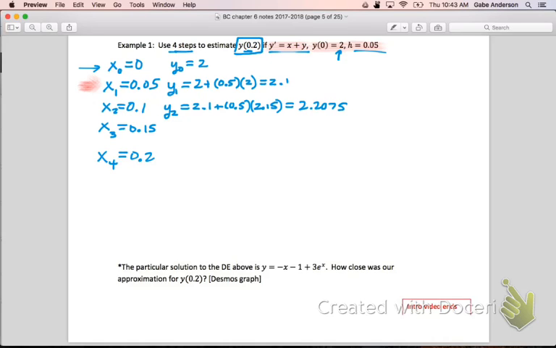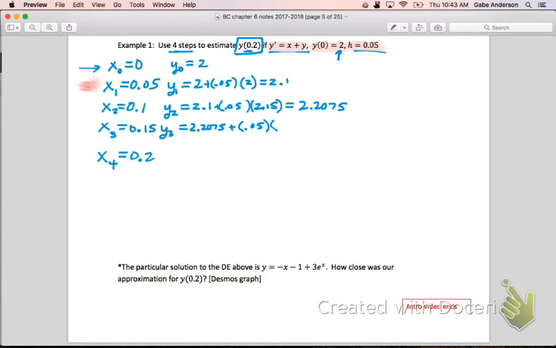Okay, we've got 2 steps left. Hopefully this is making sense. So y3 is going to be based on the most recent information. The previous y-coordinate is 2.2075 plus now the, oh, I'm realizing that I wrote my step size wrong on those other ones. Let's fix that real quick. So that should be 0.05 and 0.05. There we go. Okay, so 0.05, and then